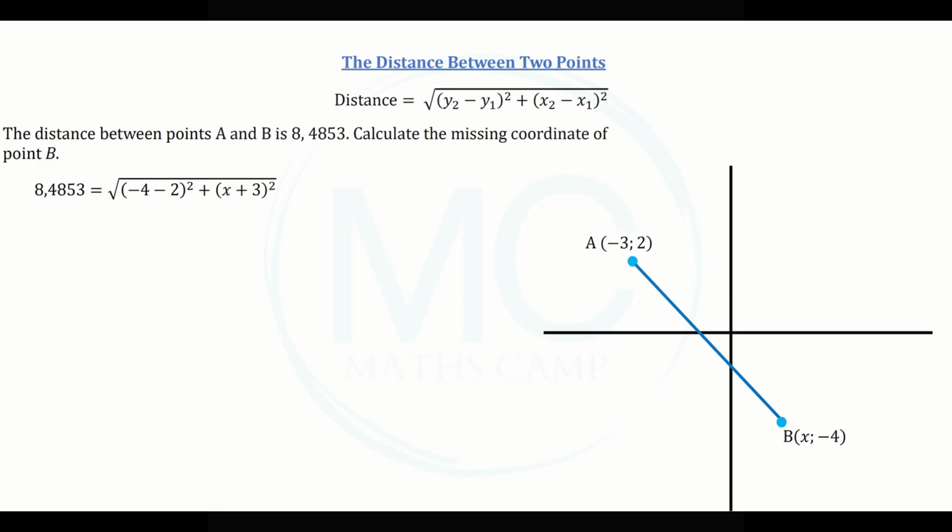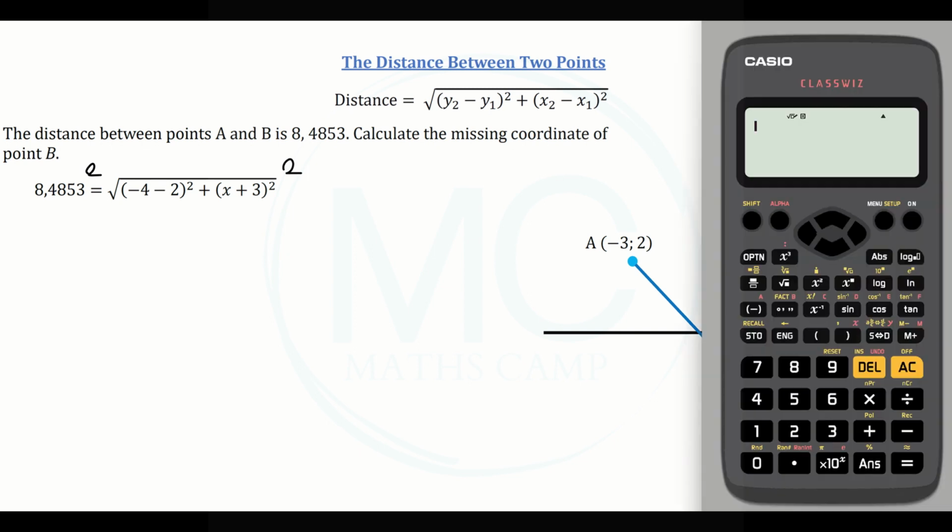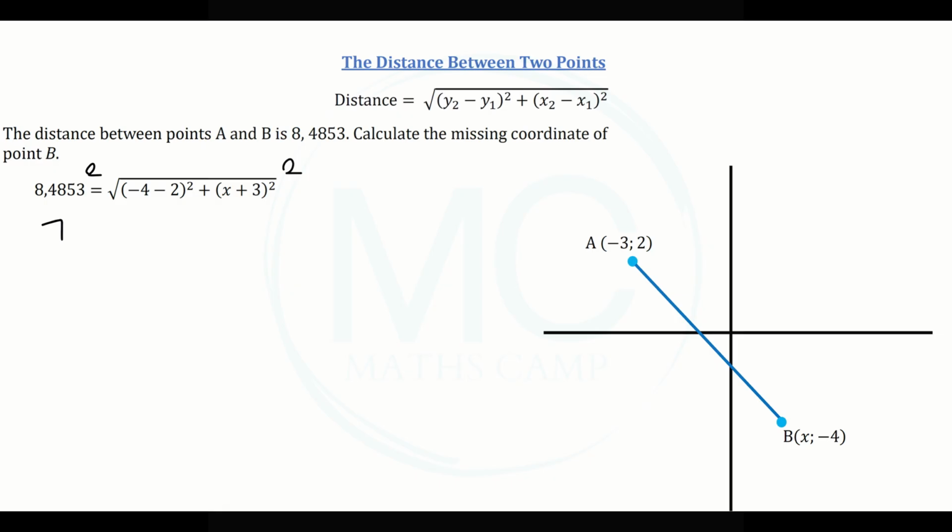Now, to solve for x, we first need to get rid of the square root sign. And the only way to do that is to square both sides. So we're going to square this side, and we're going to square this side. Now we can get our calculator, and we're going to say 8,4853 squared is equal to 72,0003, which we can leave as 72. We say 72 is equal to, on the right, the root and the square will cancel, and we're left with